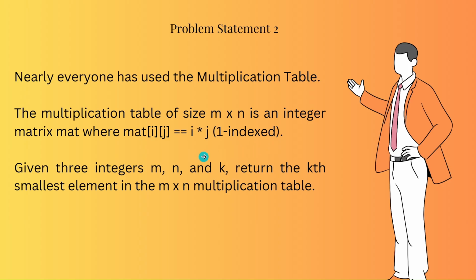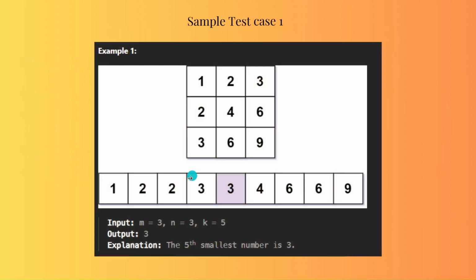Given three integers m, n and k, return the kth smallest element in the m cross n multiplication table. This is the problem statement given. Now let us see a sample test case. Here the m value is equal to 3, n value is equal to 3, and k value is equal to 5. So the multiplication matrix will be of dimension 3 cross 3